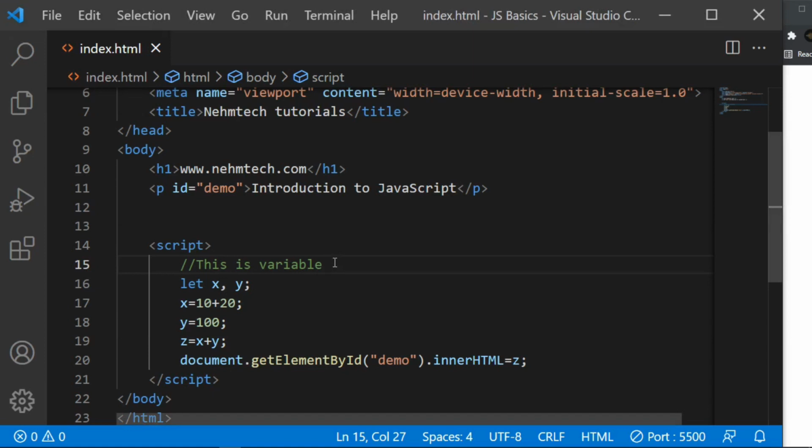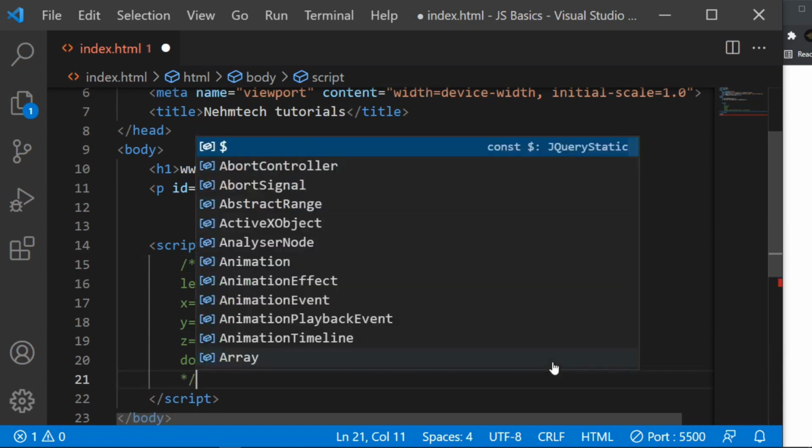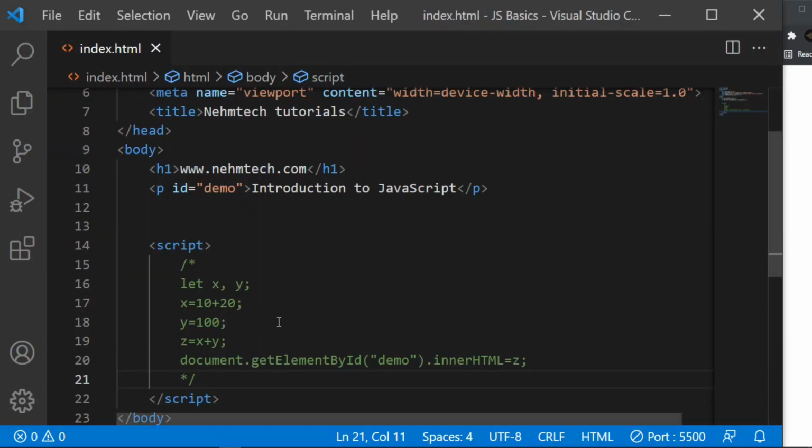However, if you use, for example, these, let me use this comment so that I may make all of these statements comments, and then a star and a forward slash. And then when you save, guys, nothing will appear on the browser. You can see it just brings that introduction to JavaScript, because we have considered all of this stuff to